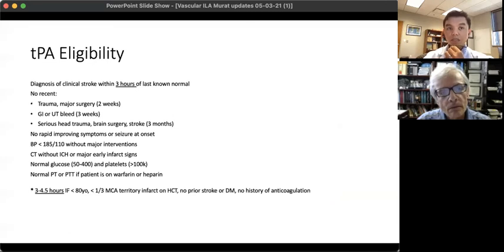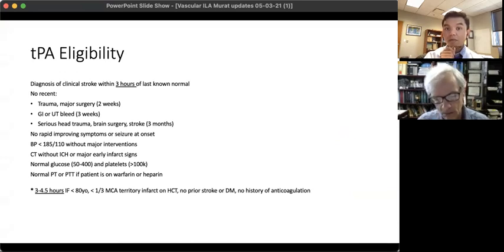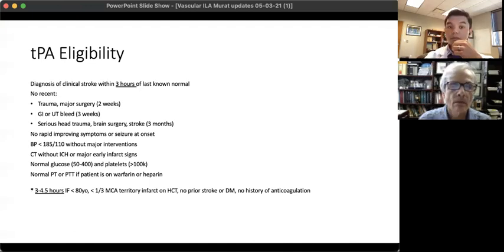So I'm going to put this slide up here. I don't want you guys to know every single detail of this, okay? But this is to give you a sense of what the specific guidelines are in order to give patients IV TPA. So you can see there's quite a few things here. Like I said, I think the most important thing to know for you guys is that last known normal time, right? So in most situations, 3 hours is the cutoff, but we can extend that time to 3 to 4.5